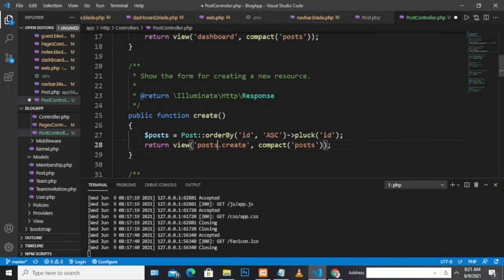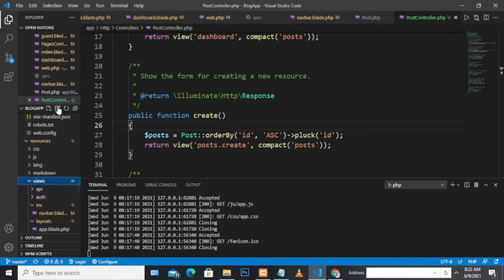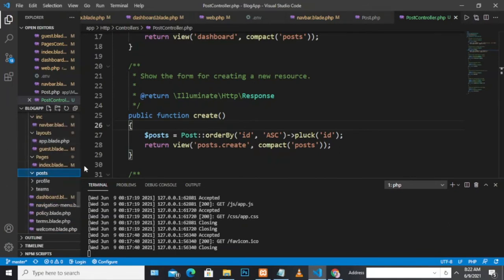is a folder that is going to handle the create and the edit. So let's just go ahead and do this. Let me just save that. So within the views, I'm going to create a folder here. I'm going to call it post, and then within this one, I'm going to create the first one, which is